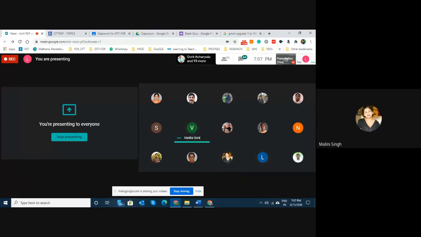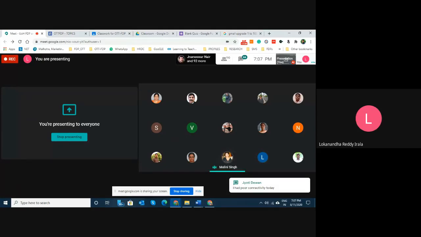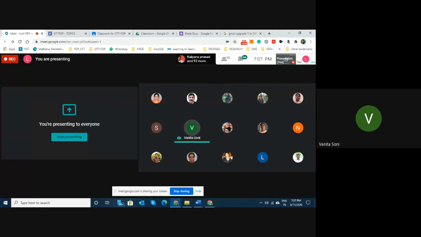Yes, sir. But can I merge this form with the existing form? Yeah, there are some ways of doing it. Because it is a single mail ID, you should ensure that both the forms have been submitted from a single mail ID. If that can be ensured, you can merge two Excel sheets into one. Only thing is, the mail ID should be the same. Thank you, sir. Thank you so much, sir.